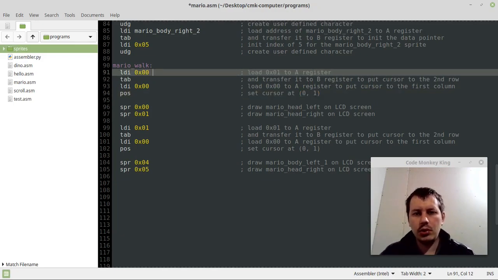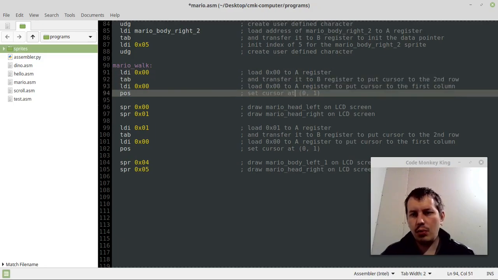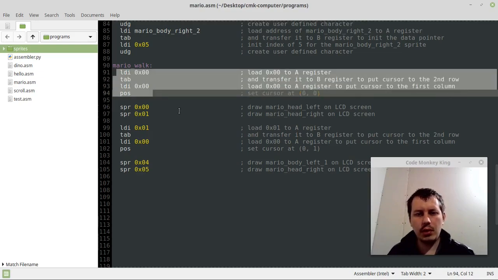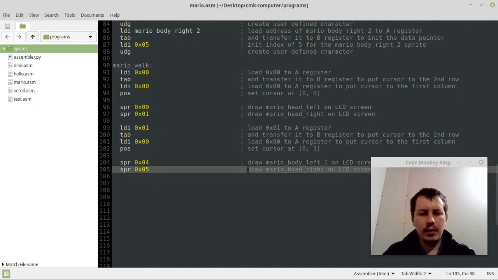So here, just exactly the same, but we start from the row, setting cursor at row 0 and 0. So cursor at 0, 0, print in the head, cursor at 0, 1, print in the body, and then